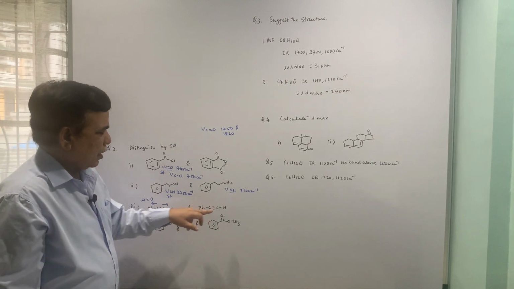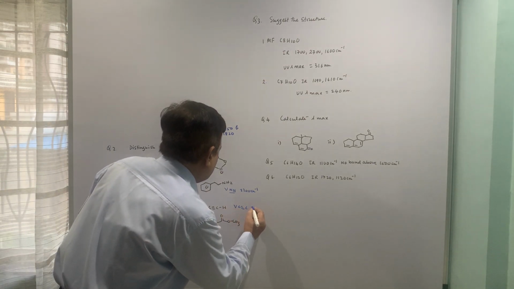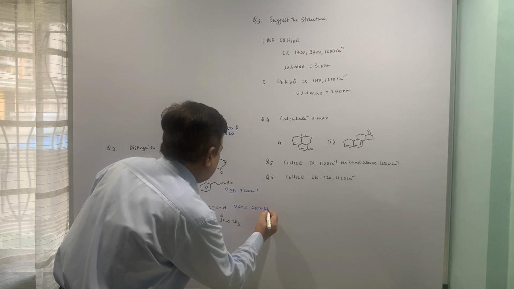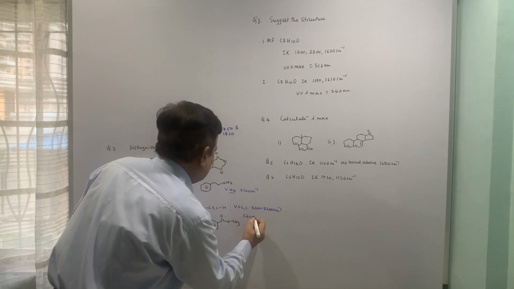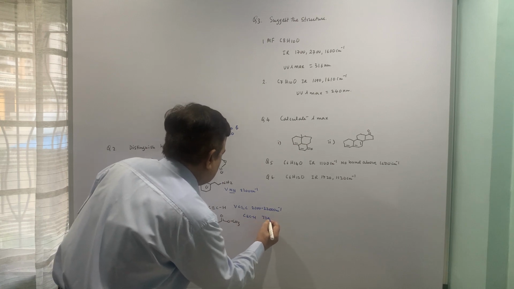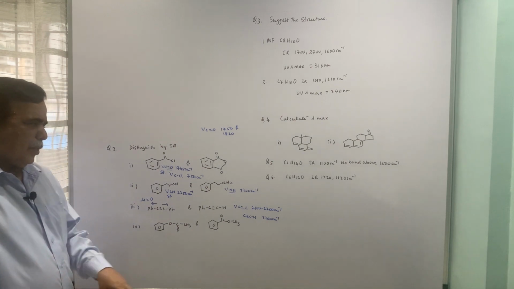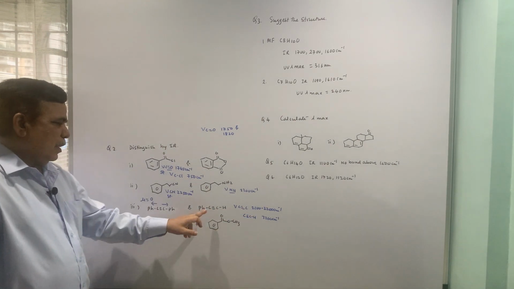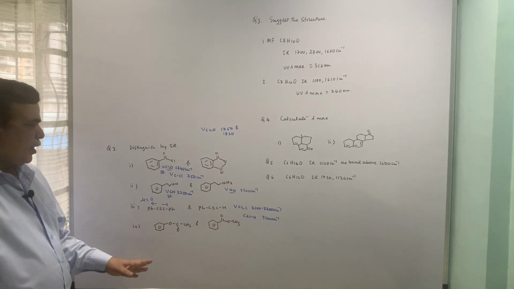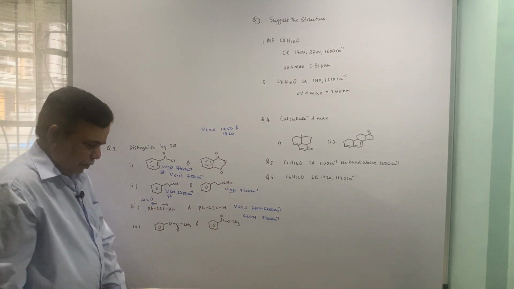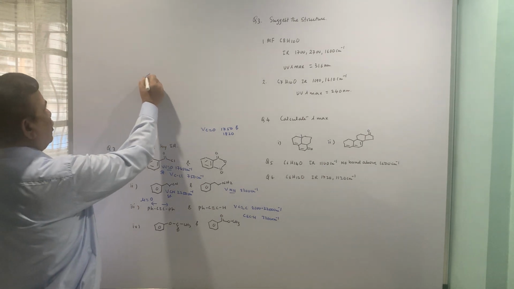Here this compound will give two peaks: this is 2100 to 2200, the C≡C triple bond, and this is 3300. So those two peaks, the terminal alkyne at 3300, which is very peculiar, and the unsymmetrical alkyne between 2100 and 2200 reciprocal centimeters. Now, the next example, I will just put the example on the top.